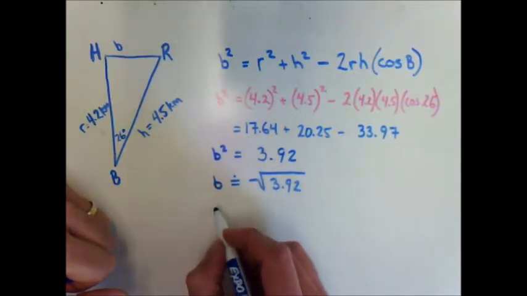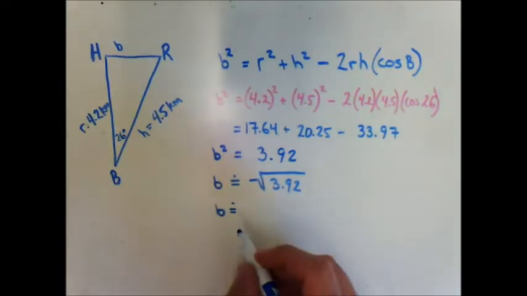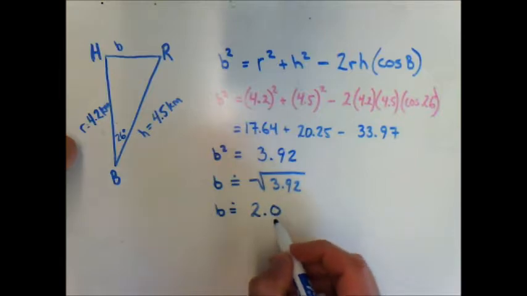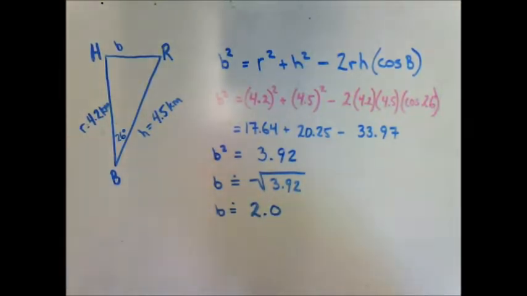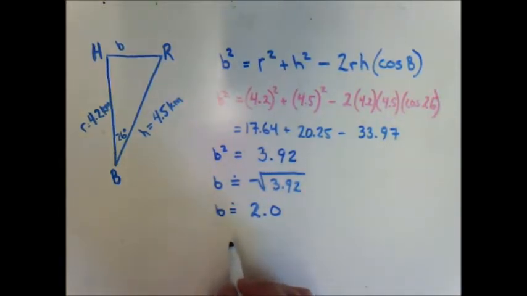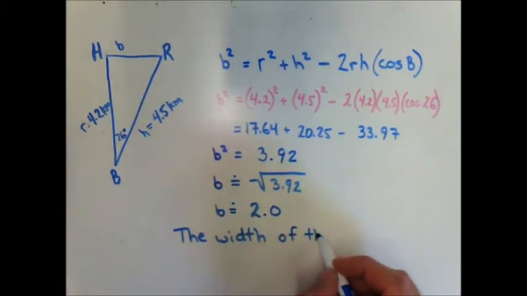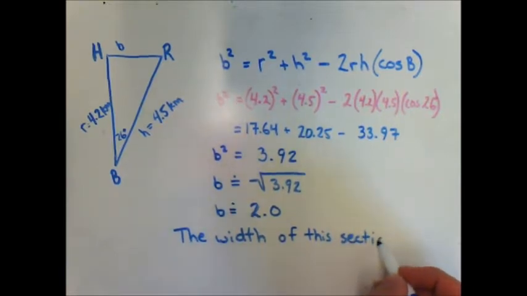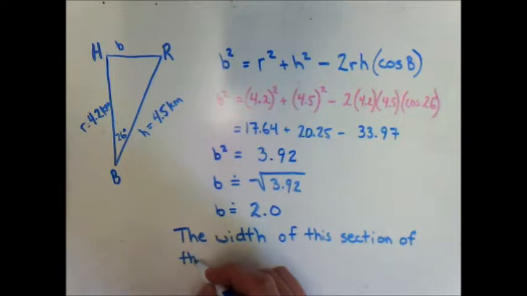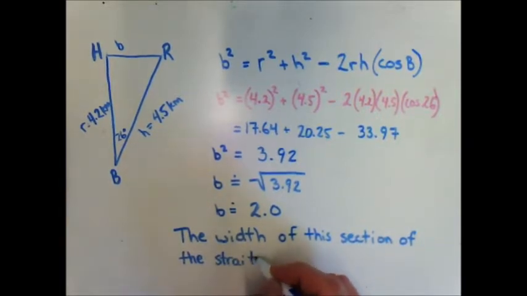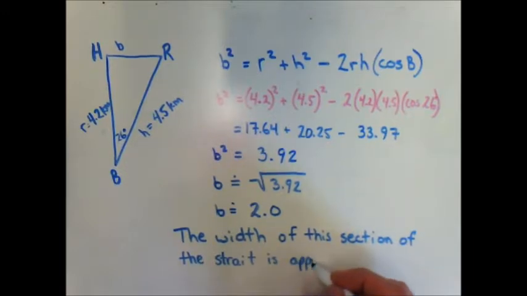Take the square root of both sides, and we get that the length of side B is approximately 2 to the nearest tenth, 2.0. So double check your question. It says to the nearest tenth of a kilometer. 1 point. So we solved for side length B, which was the goal of this example. So the width of this section of the strait is approximately